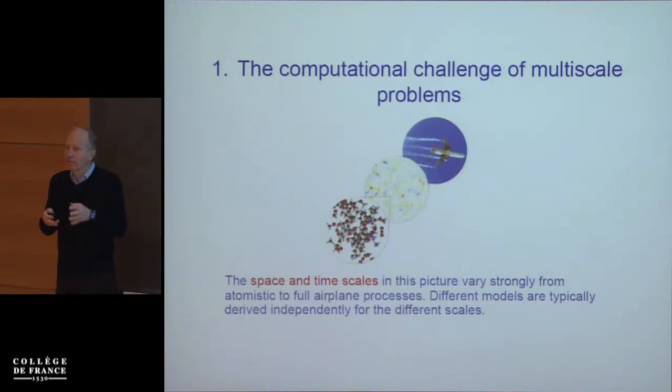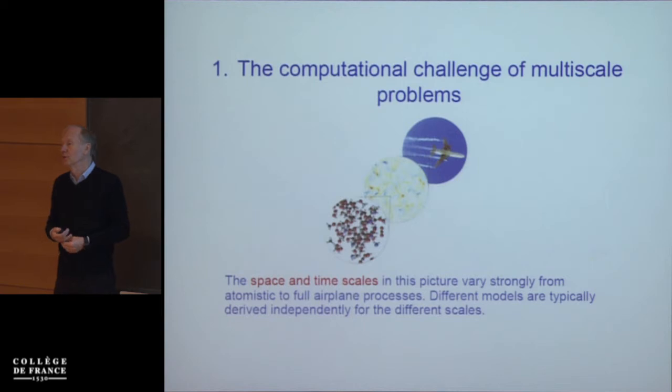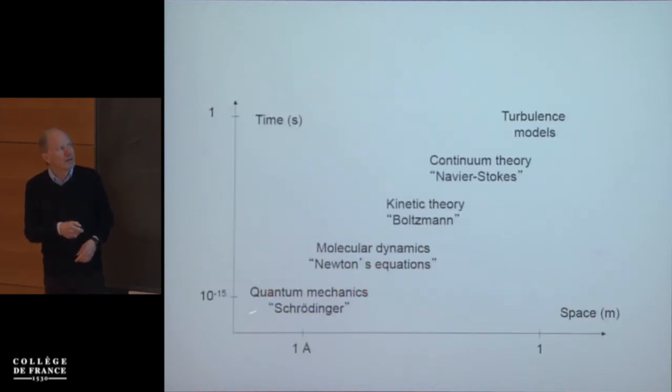Typically, you are focusing on one thing, and you design an algorithm based on the model that fits a particular range of scales. You wouldn't use molecular features in order to design the wing, but you would do that in order to look at combustion processes, or if you were taking this airplane and doing a re-entry into the Earth's atmosphere, where you have very rarefied gas. So typically, you have a range of methods developed based on physics, and they cover a reasonable range of scales, and then you develop